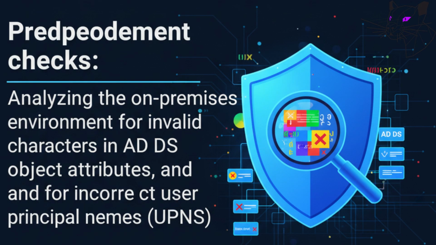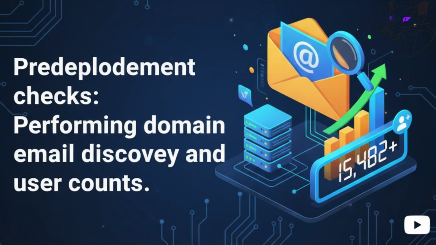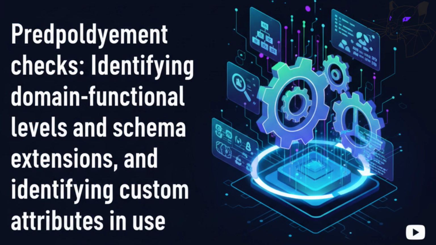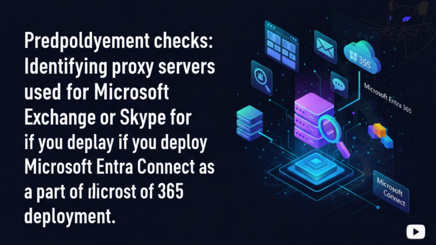Pre-deployment checks. Pre-deployment checks should include analyzing the on-premises environment for invalid characters in ADDS object attributes and for incorrect user principal names, UPNs, performing domain email discovery and user counts, identifying domain functional levels and schema extensions, and identifying custom attributes in use, identifying proxy servers used for Microsoft Exchange or Skype for Business if you deploy Microsoft Entra